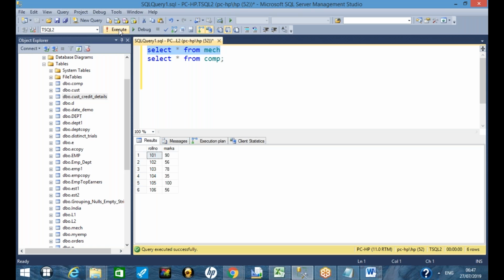I have one table called MEC, that is mechanical, with roll number and marks for the mechanical branch, and roll number and marks for the computer branch. So these are two different tables. Their roll numbers are different and marks are different, and for computer also the roll numbers and marks are different. Now,